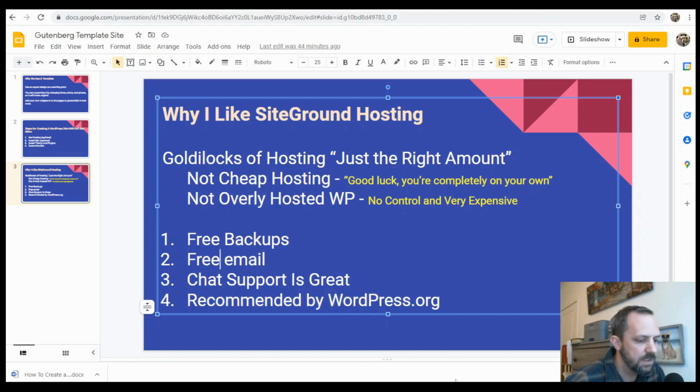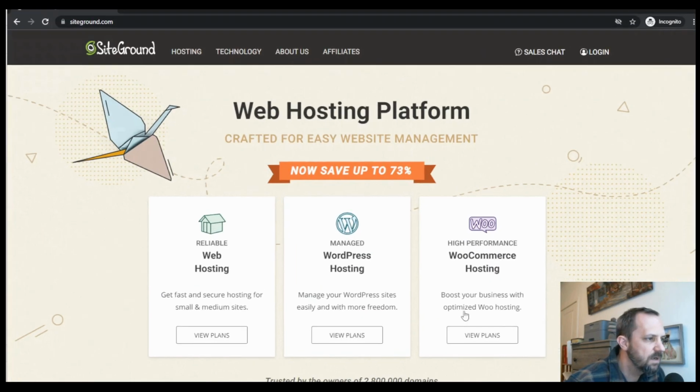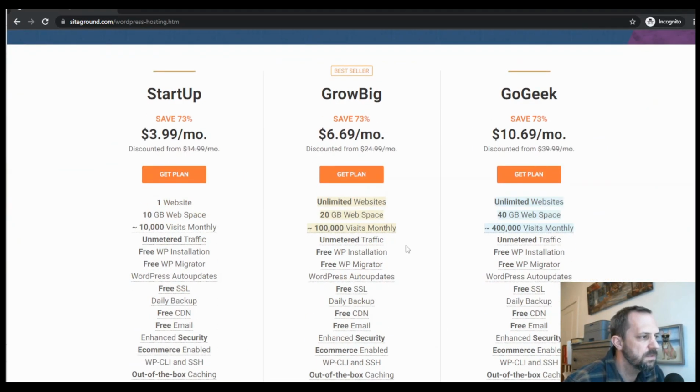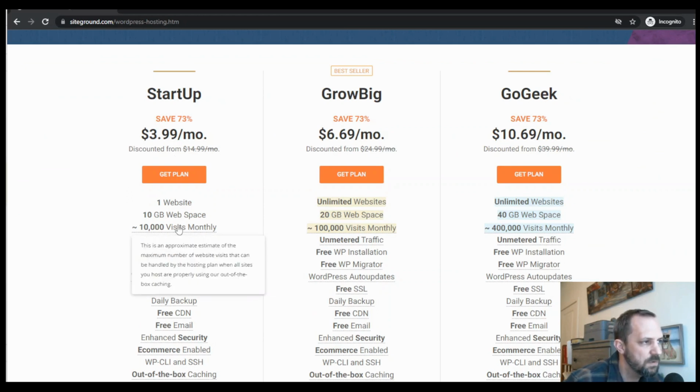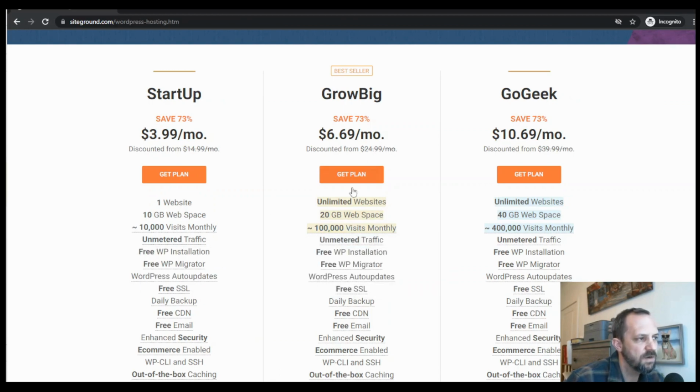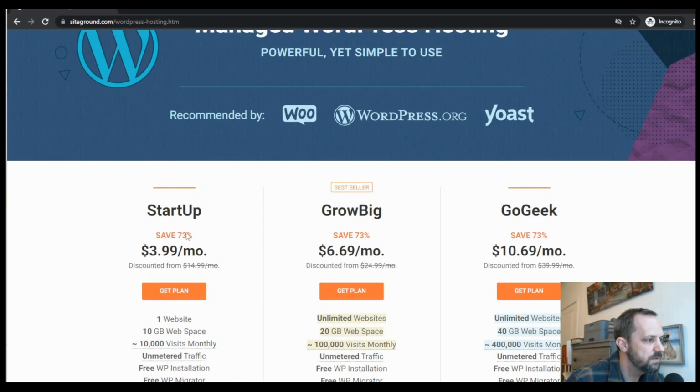So the first step is to get hosting, and I'll go to my incognito window and load up SiteGround. I'm just going to choose this regular WordPress hosting, and you see you have 3 plans. If you're doing one site, probably this one. You can always upgrade if you do more sites. If you are doing several sites, then go ahead and choose this one. But if you choose that,